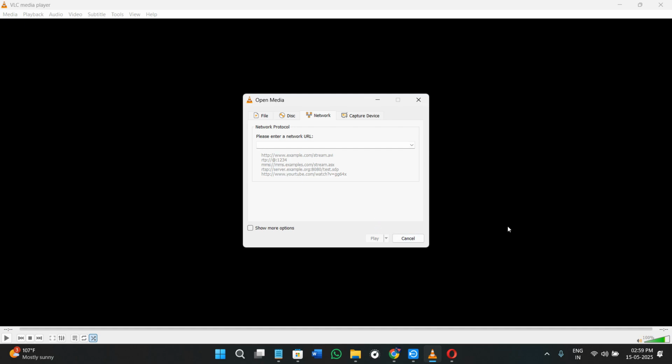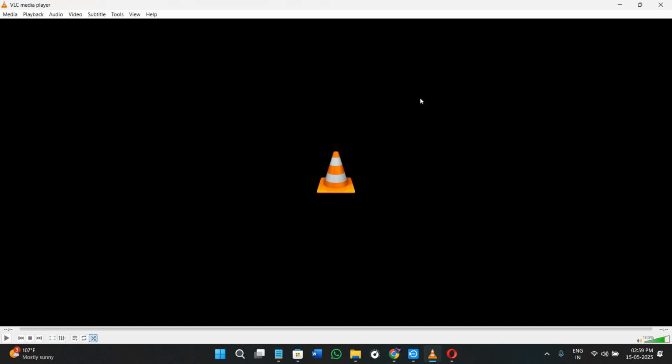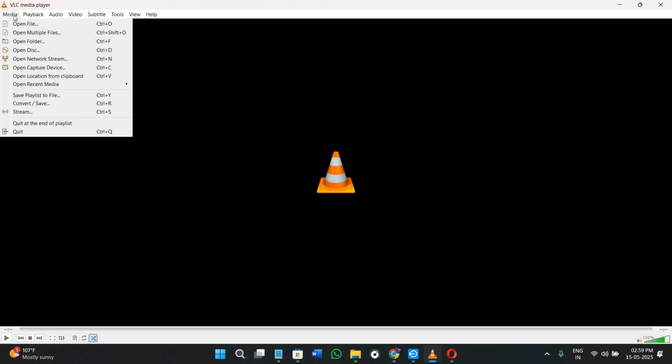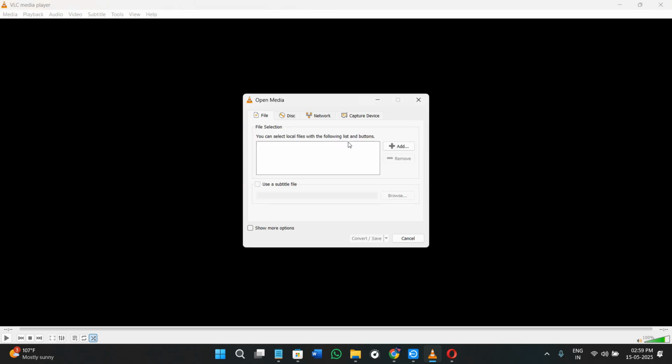So at this point VLC will start playing the video, but we are not here to watch it. We are actually preparing to download and convert it. Once the video is playing in your VLC Media Player, now is the time to actually convert and save it in MP3. In order to do that, you just have to again hover over to the top left-hand section and click on Media. This time you will see the option of Convert/Save here. So simply click on this option.